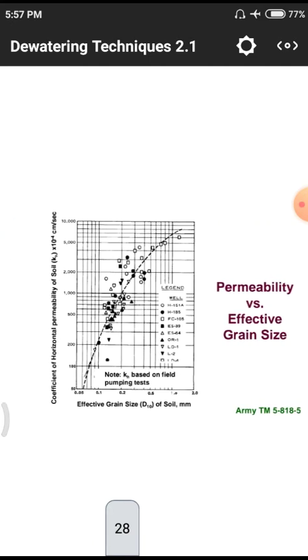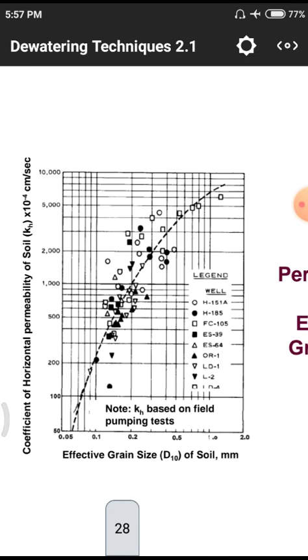This is the graph between the particle size and permeability. That means grain size and permeability. If the grain size is huge, automatically permeability is also huge. If the grain size is very low, permeability is also very low. This is the diagram we are showing. We have different images: a circle, a circle with a dot, a rectangle, and a rectangle with an S. All of those are indications for the particle sizes and their distributions of permeabilities.